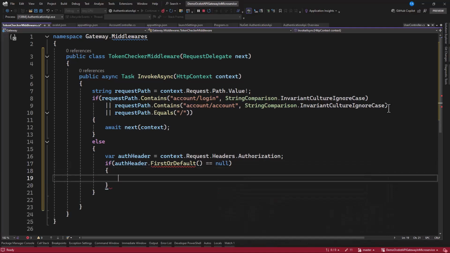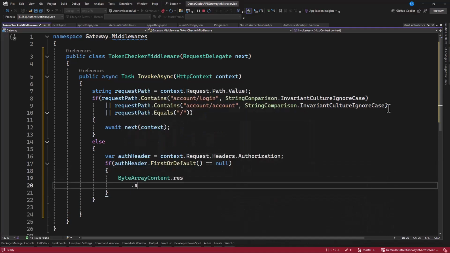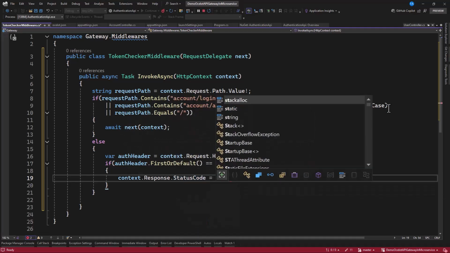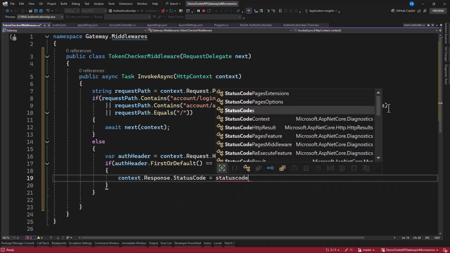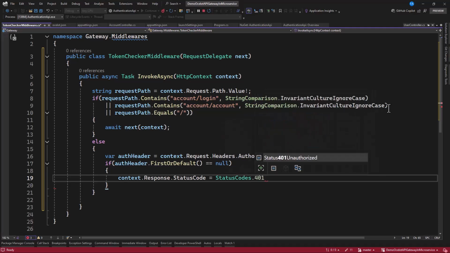We want to have our context dot response dot status code, and we set this to status codes dot, and maybe we need to use 401, that is unauthorized, right?